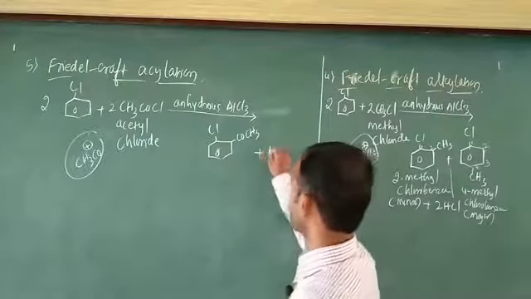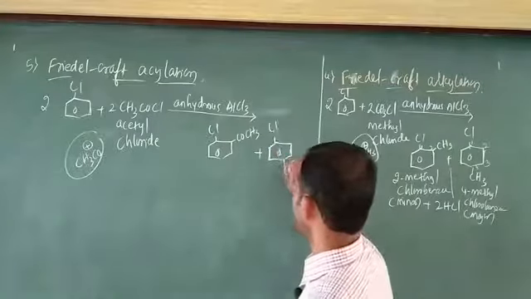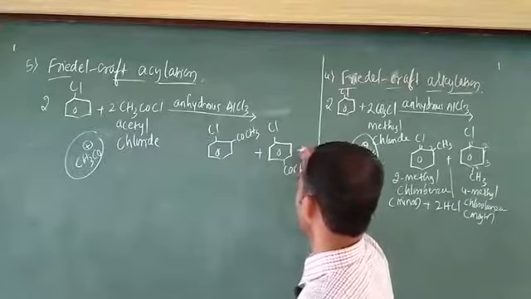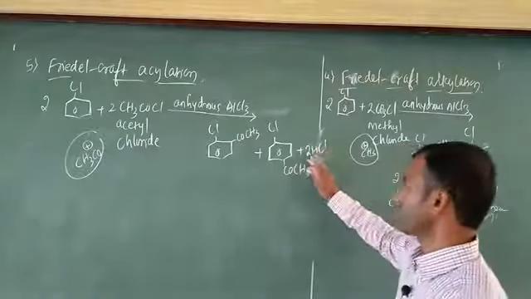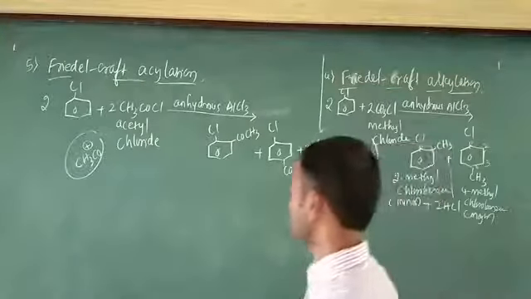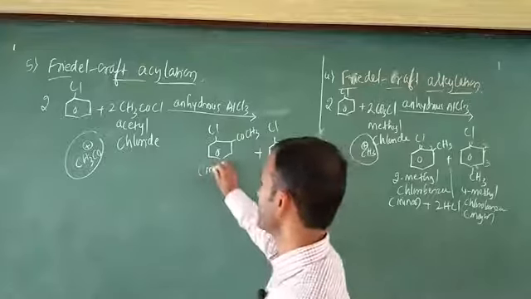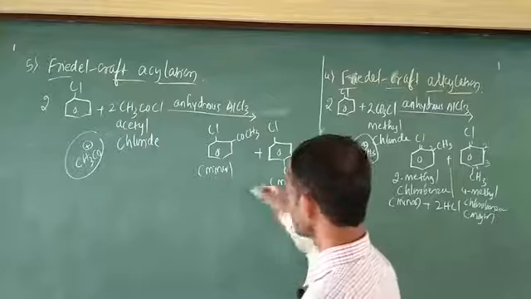The second product has Cl as it is, and the next is COCH3, plus release of 2 moles of HCl. If you want, you can write this unwanted product, don't worry about this one, but these two indicate the important products. One is a minor product. Next, this is a major product. The next one is naming.